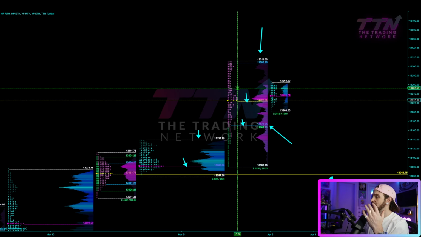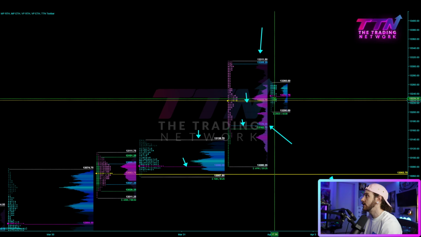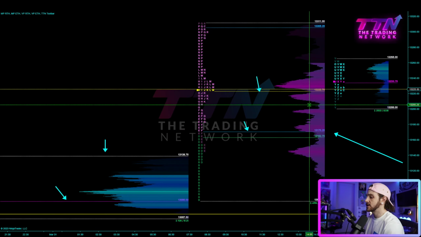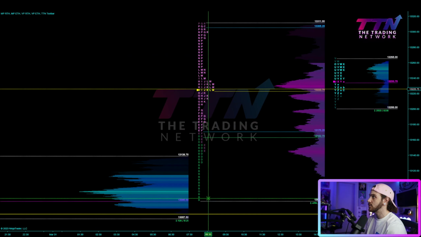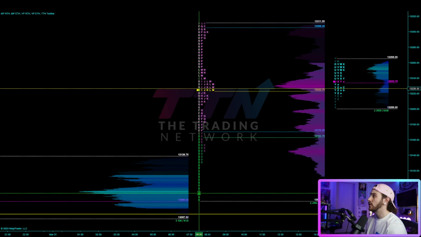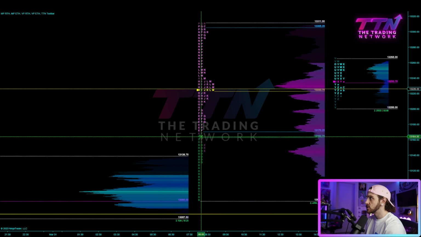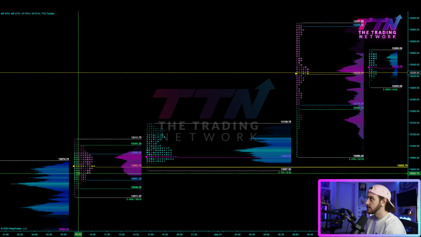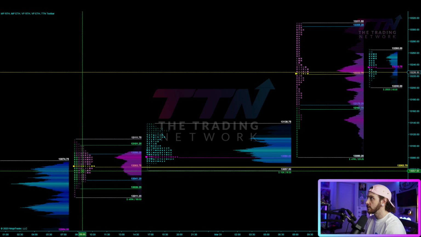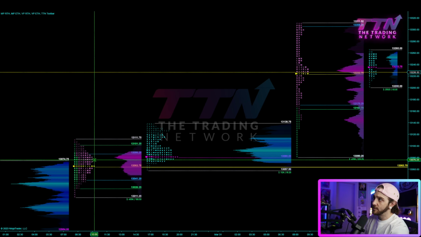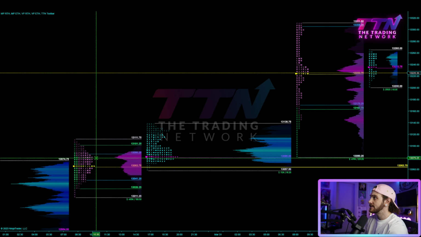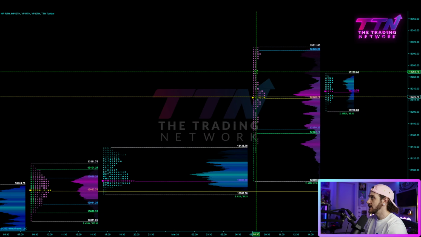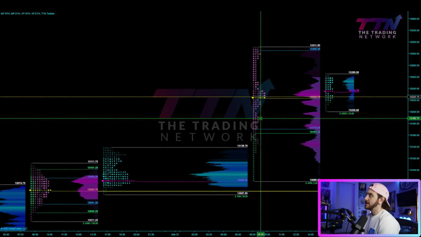And when that is the case, when we have a thin profile like this, and I will zoom in for you guys so you can see exactly what I'm talking about. See how there's not a lot of prints? A row of single prints here, double prints, triple prints, etc., right? Compared to something like this, where this is a very thick bell curve, right? And there's been a lot of business done. There's been a lot of time spent in this area compared to this, where there has not been a lot of time spent in this area.